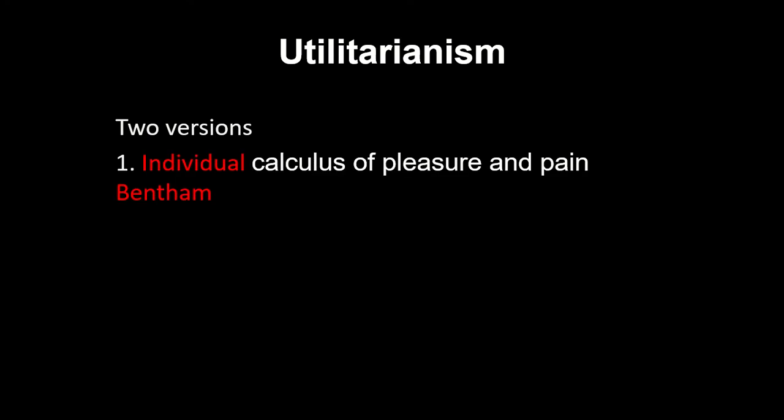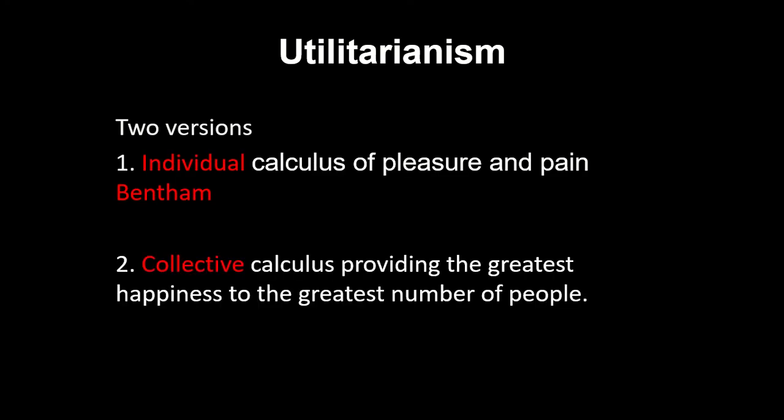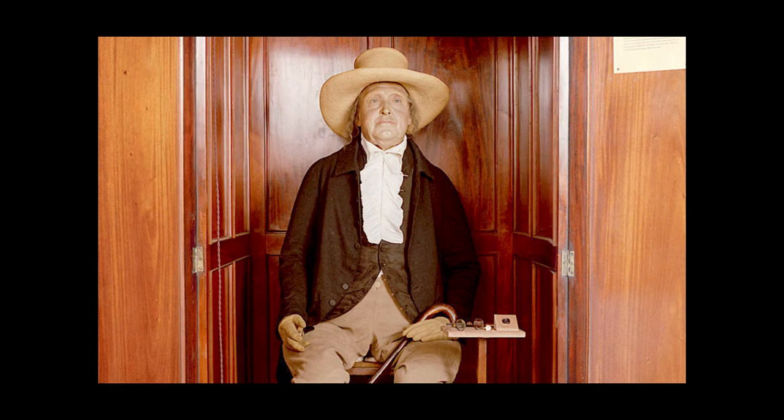There are two versions in utilitarianism, named after two different people. The first version is an individual calculus of pleasure and pain. That's worked out by Jeremy Bentham, and the second one is a collective calculus providing the greatest happiness to the greatest number of people, and that's being worked out by John Stuart Mill. Now we're going to have a look at both versions,